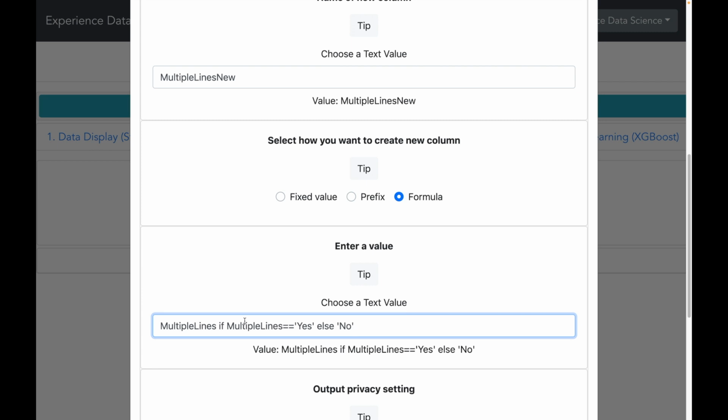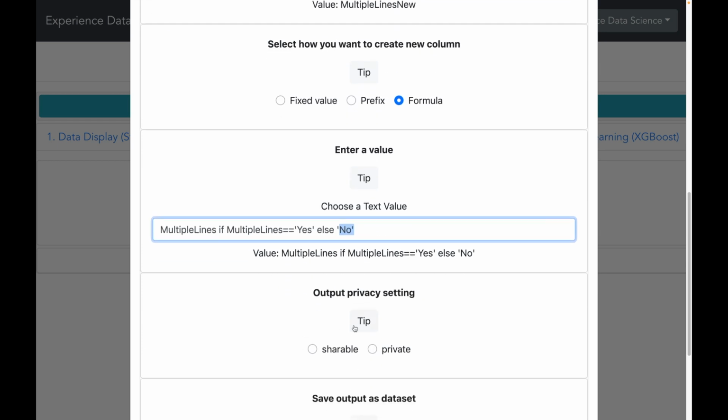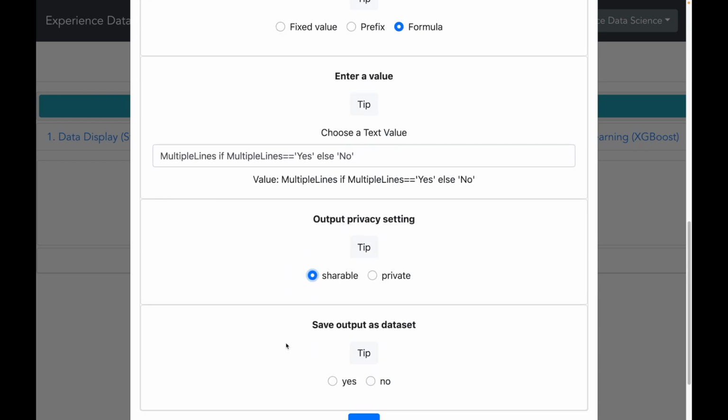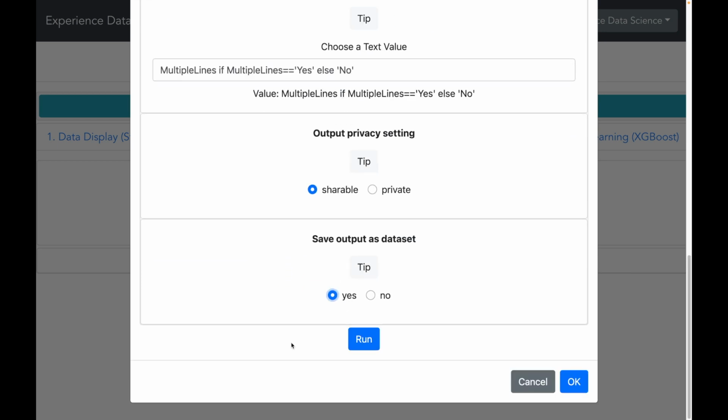That our new column, multiple lines new, will be equal to multiple lines if multiple lines is equal to yes, otherwise it will be no. So for example, if the multiple lines has a value such as no phone service, it will in fact be just no. All right, so let us go ahead and save also the output of this data set